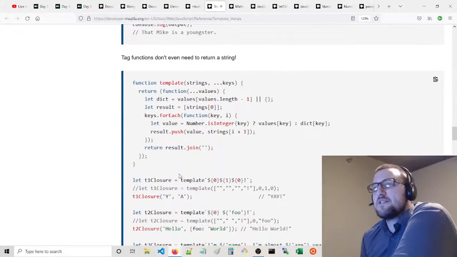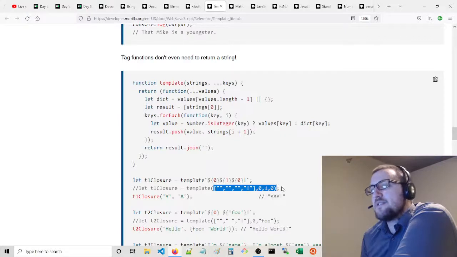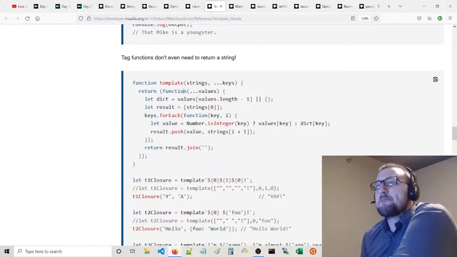T1 closure equals template 010. Come on, man, what is this? T1 closure B template. What is going on here? And this gives you yay. It's template strings keys. Oh boy. So the keys you get 010. This returns